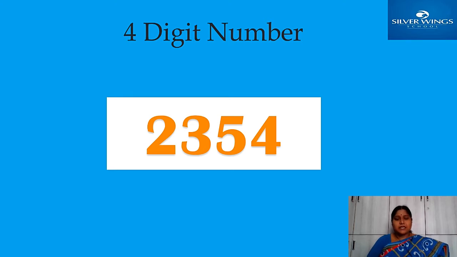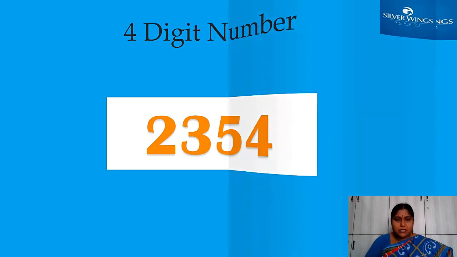In a 3-digit number, how do you write place values? You start from the right side, no? Here also you should learn like that only. Here 4 is in 1's place, 5 is in 10's place, 3 is in 100's place. Up to that you know. And one more number is there in your extreme left. That is 2. That is the place of 1000.